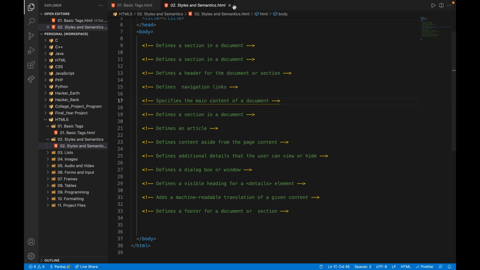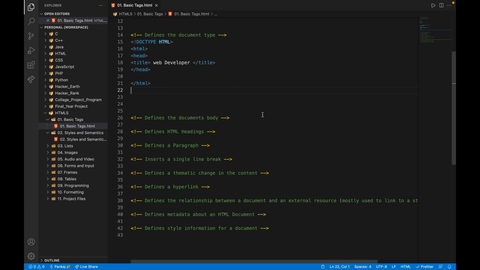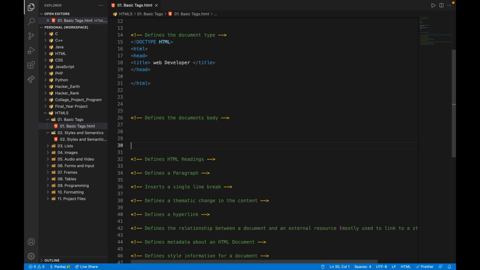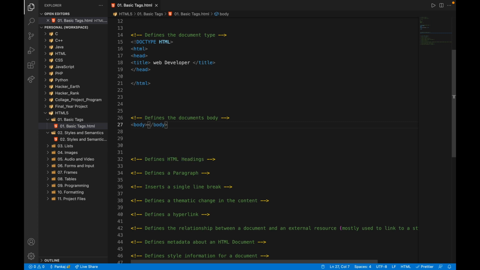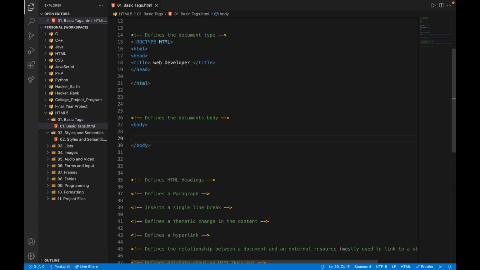So if we go back, I want to close this and go back to the previous document. Now we have come to the document body. If you want to define a body tag, you just type angle bracket body and close it. Again, the same thing: the body tag comes with both an opening tag and a closing tag. This is an opening tag and this is a closing tag.